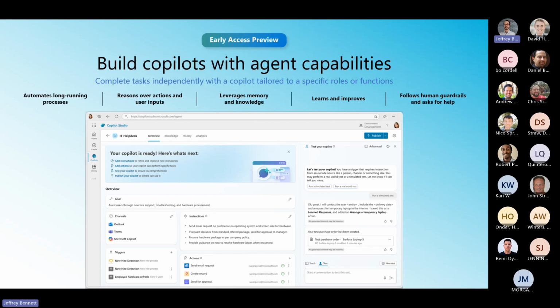This will allow users to delegate authority to Copilot so they can automate long-running business processes, reason over actions and user inputs, leverage memory and knowledge for context, learn based on user feedback and exception requests, and ask for help when it encounters situations that it doesn't know how to handle inherently.